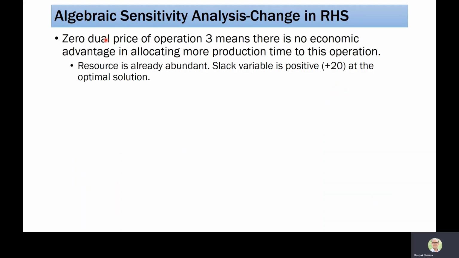Now, zero dual price of operation 3 means that there is no economic advantage in allocating more production time to this operation. This we can identify by looking at the slack variable value, which is nothing but a plus 20 in the optimal simplex table. So this means that this resource is already abundant,